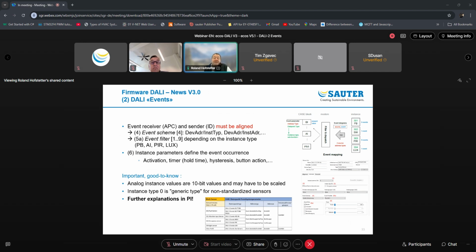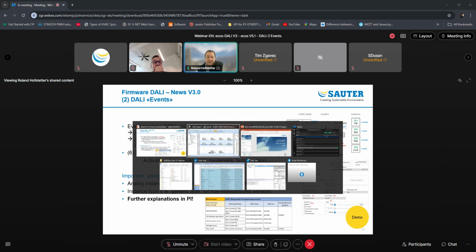And instance type 0 is a generic type, and it's not standardized how the events are generated within this type 0. However, the standard says how the mechanism needs to function. So let me try to show